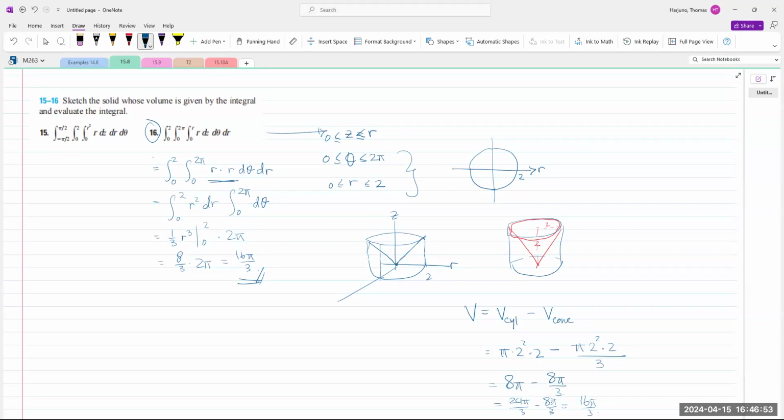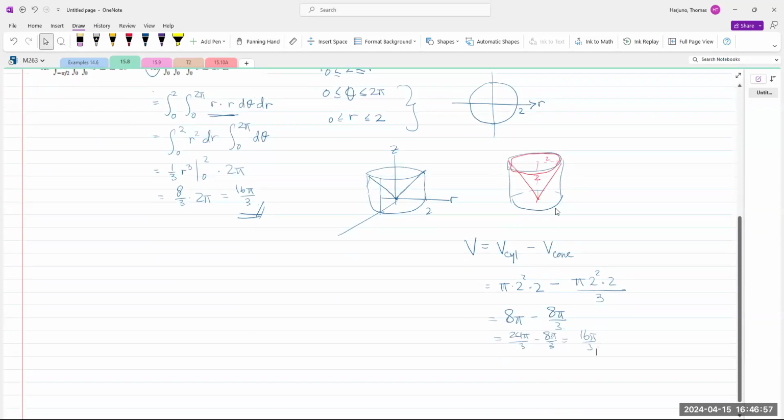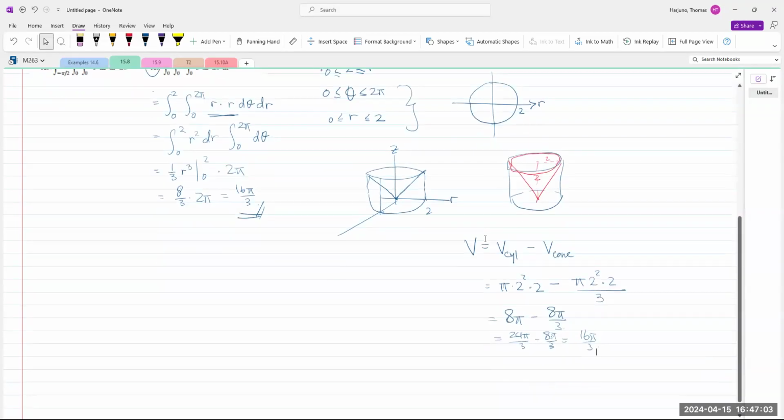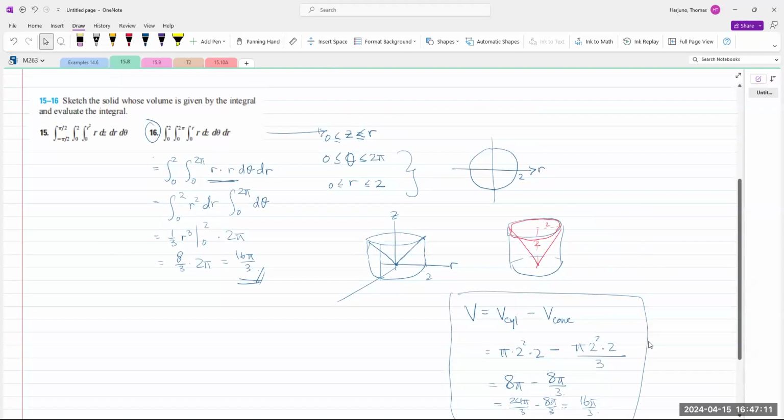So you notice the way I did the integration, I get 16 pi over 3, but when I look at what this solid looks like and compute the volume using geometry, I get the same result. Okay, let's try number 15 too. Why not? Number 15,